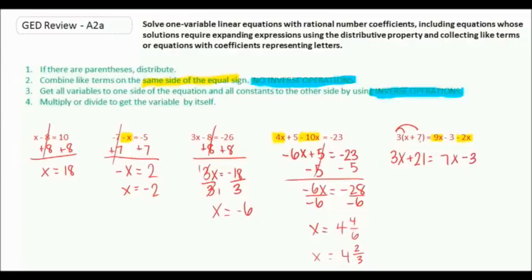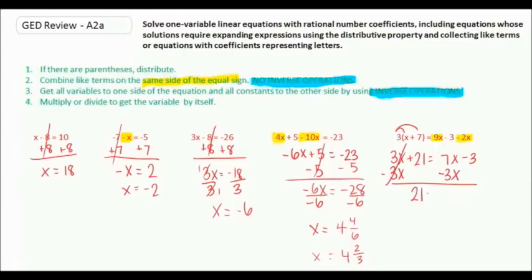Okay, now we need to get all our variables to one side and all our constants to the other side using inverse operations. We actually have two options here. We can either get these 3x's over here or these 7x's over there. We could say let's get rid of 7x by subtracting it, which isn't bad, but in this case it's going to make my coefficient negative. So what I try to do is I try and rearrange it so that my x stays positive. So instead I'm going to say let's get this 3x over there by subtracting 3x,